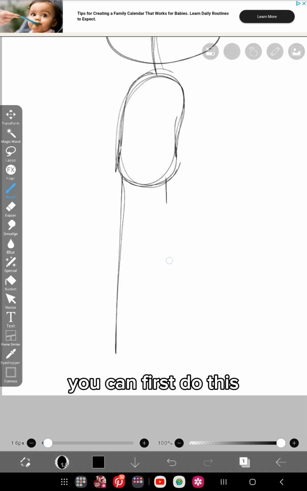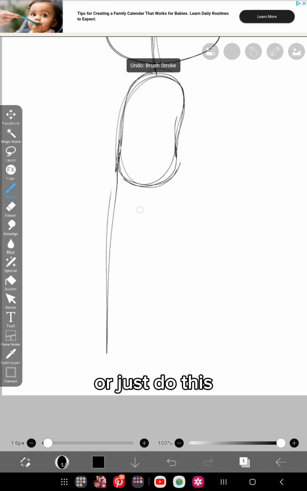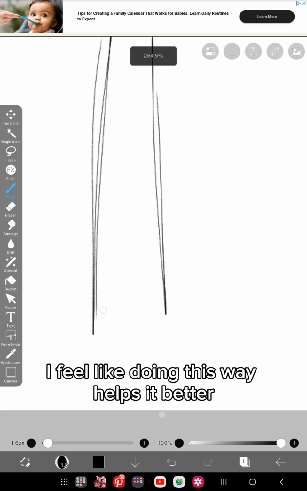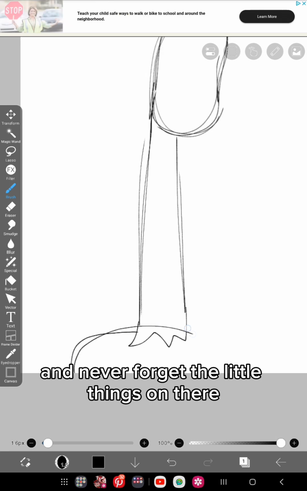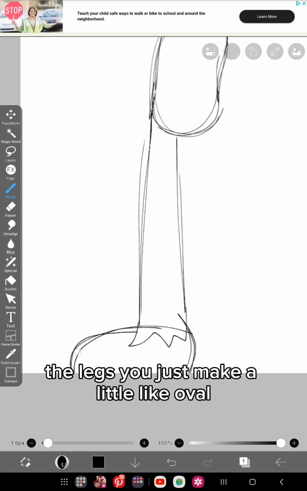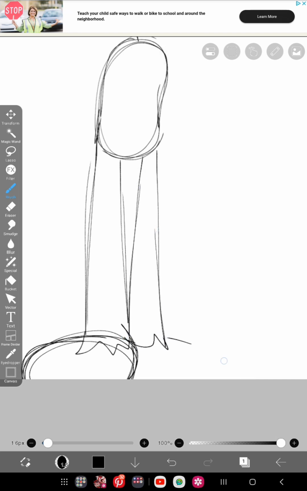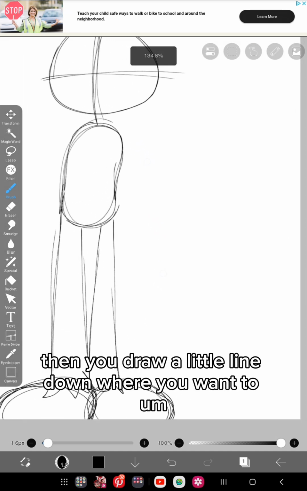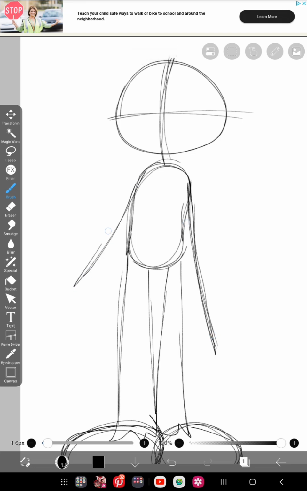You can first do this, or just do this. I feel like doing it this way helps it better and you never forget the little things on there. The legs, you just make a little oval. The same thing with the others, just do a little oval. Then you draw a little line down where you want to. Do the same thing on the other